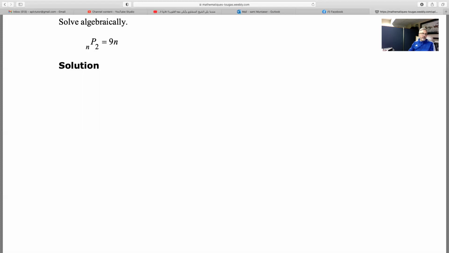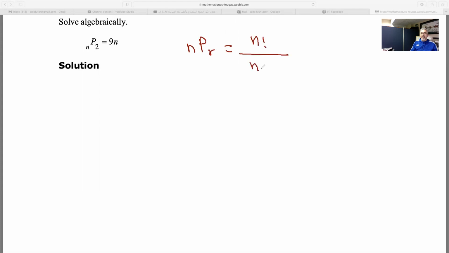Here is a question from Combinatorics. For this one, you must remember the formula: nPr equals n factorial over n minus r factorial. So this is n and this is r. To solve this, I'm going to apply nPr to find nP2. Therefore, I'm going to have n factorial over n minus 2 factorial, according to my formula,